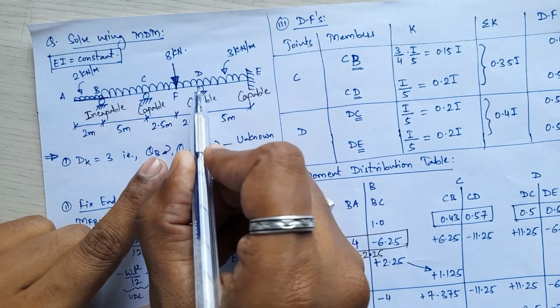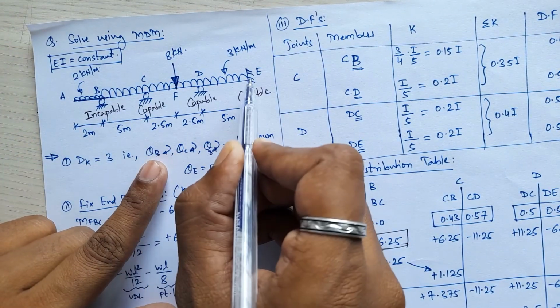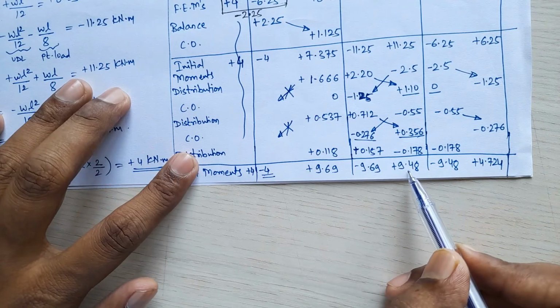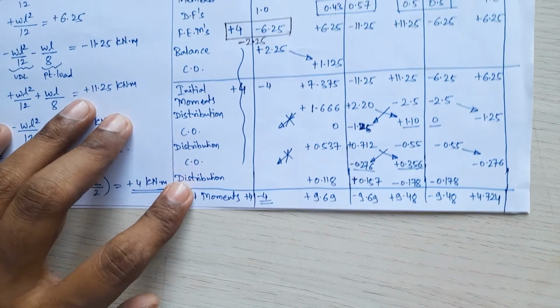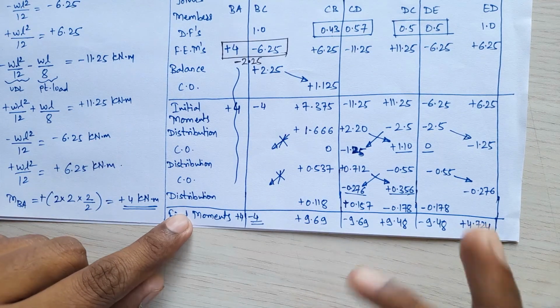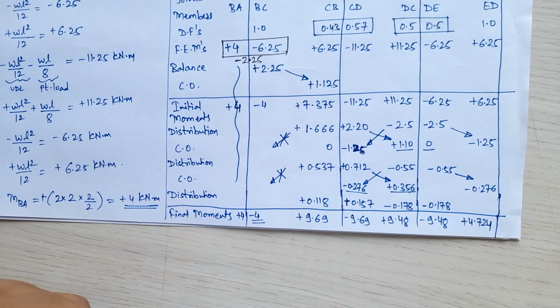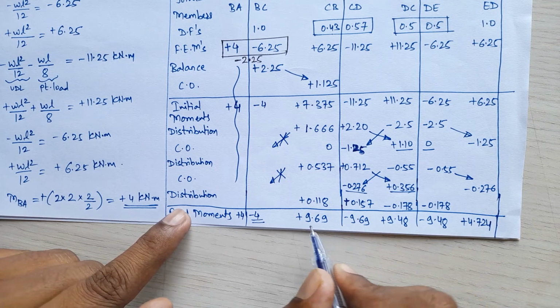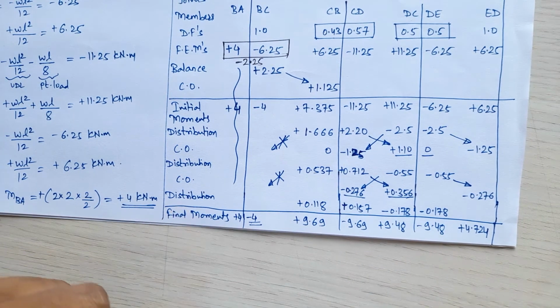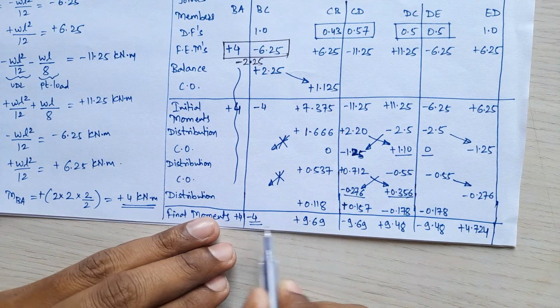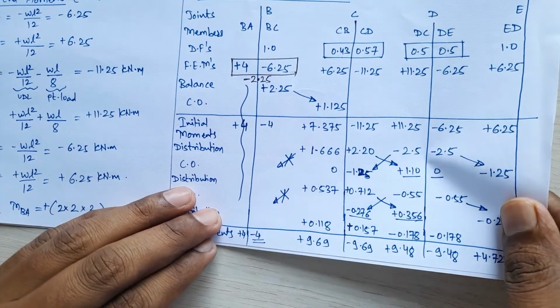Next, at D, MDC and MDE shall get 0. Check whether here. Yes, here also I am getting 0. That means your conditions of equilibrium are getting satisfied. Here your decimals may vary somewhat, 0.01 up to 0.05 values it may vary. Okay, that is acceptable. But the more cycles you repeat, the more perfection you get for these values. So these obtained moments I am getting as my final moments.